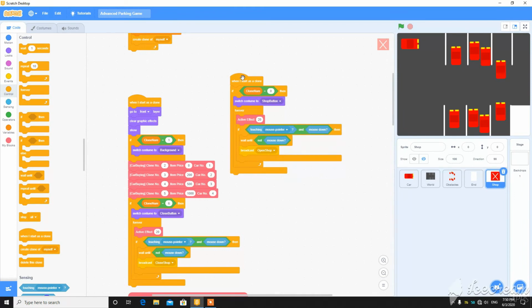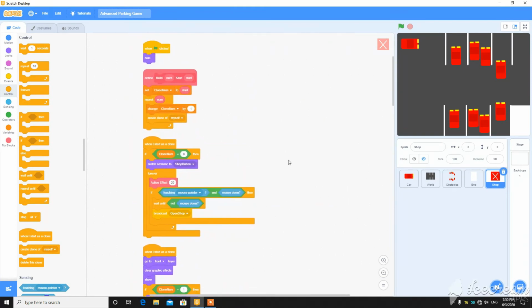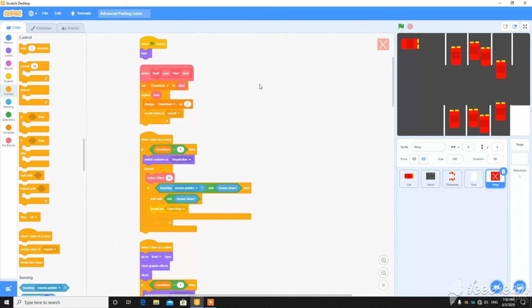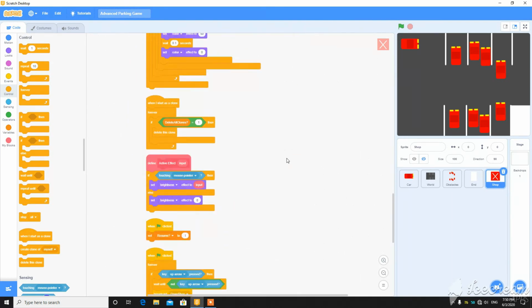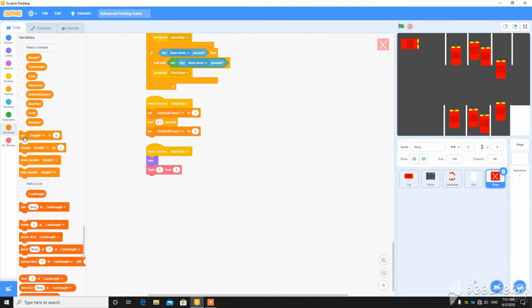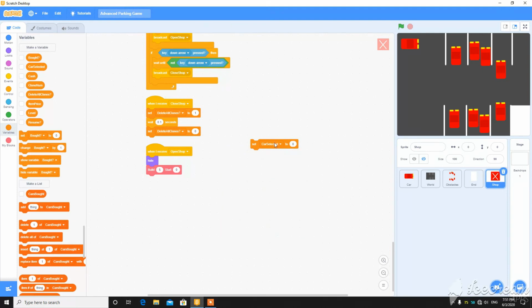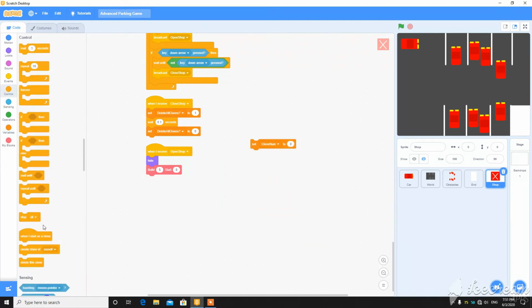And go to when I start as a clone and clean this all up, and then go to this script and put this like car select, oh sorry, clone number to 0, and then create clone of myself after this hidden thing.